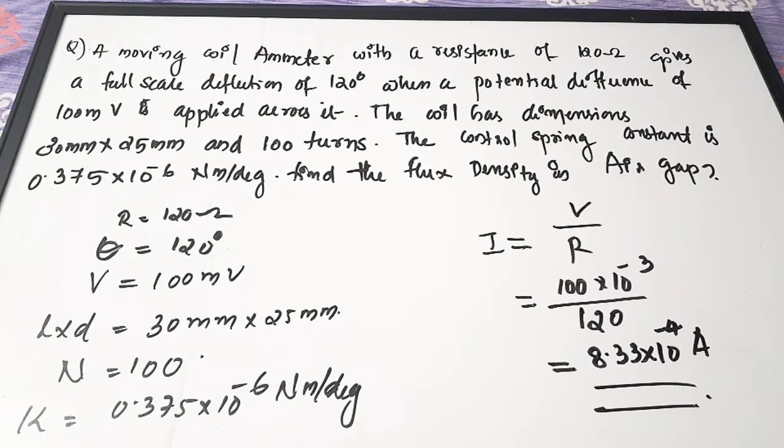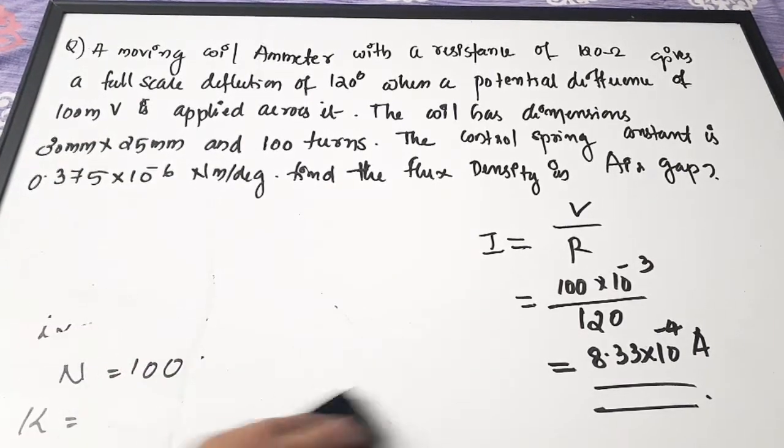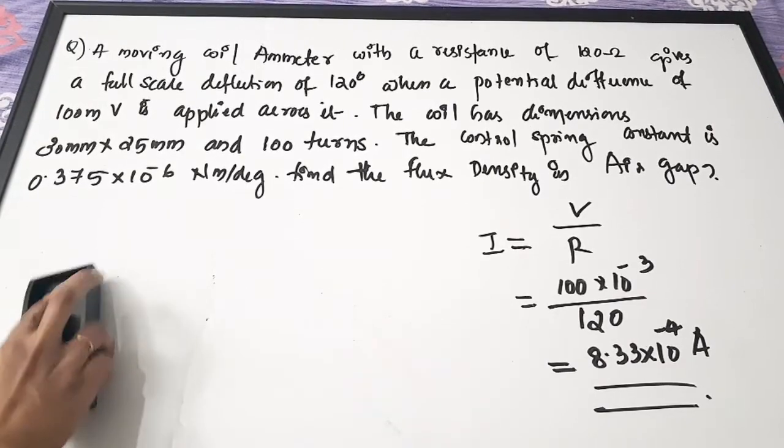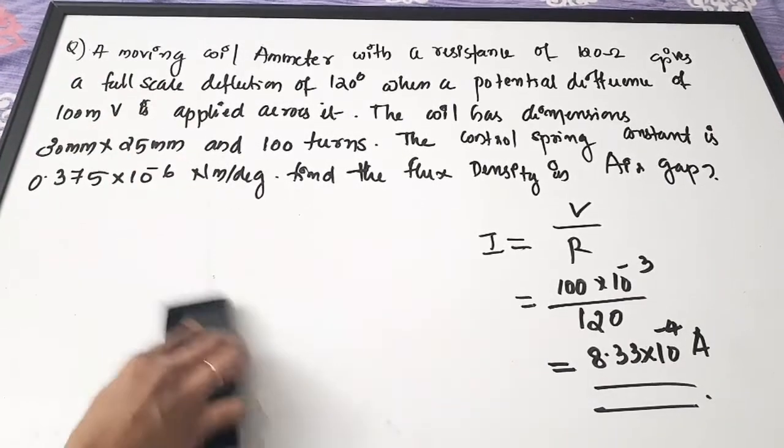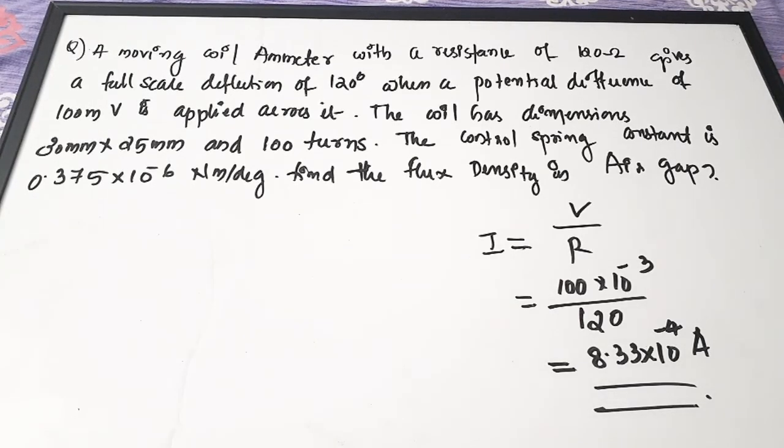Now you can use this equation and substitute it in the equation for current, and you will get the value of B. I'm going to remove all these things and write the equation here, because the values are already here. Just to make you know what all the values given are, I have written them. Now I'm going to apply them in the equation.